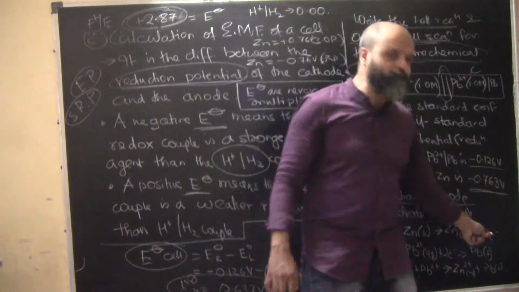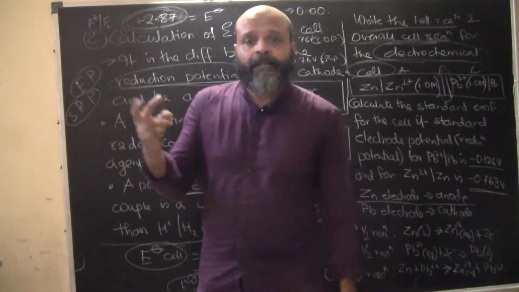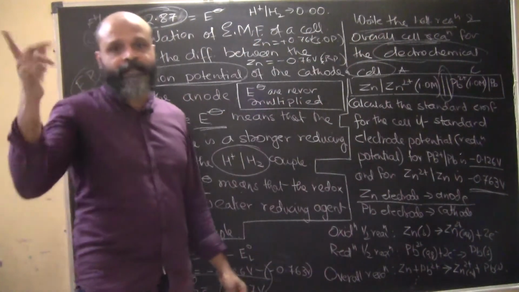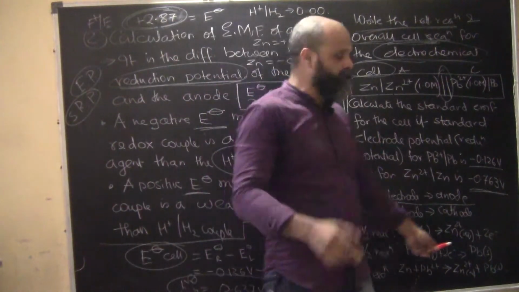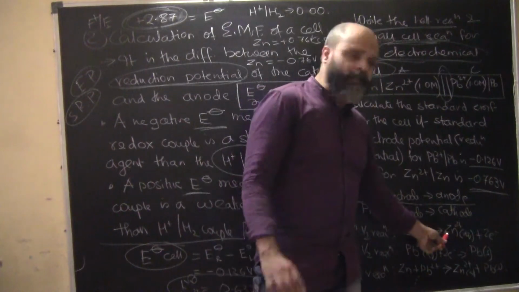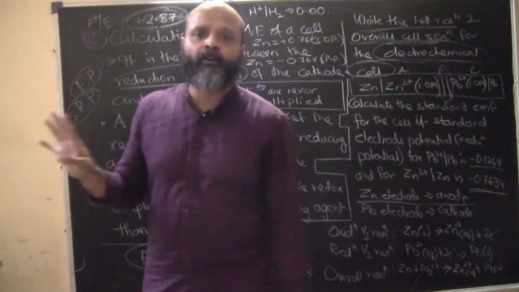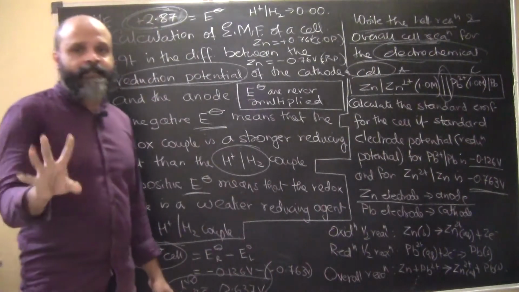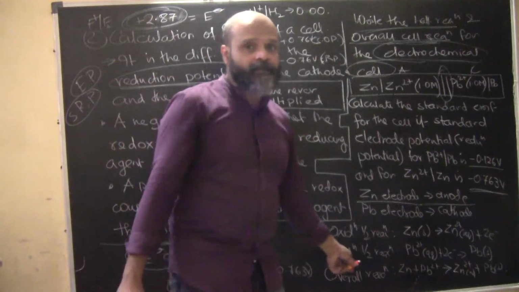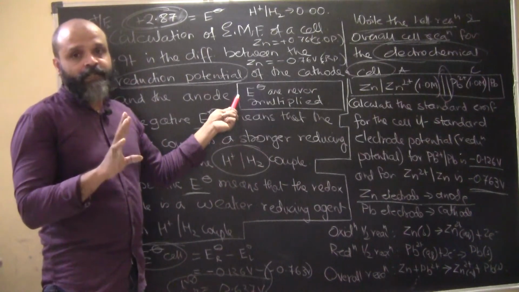So when will you multiply? Basically you will multiply when the electrons are not the same number, in order to equate their numbers. So you will multiply Zn or Pb or Pb2+, whatever. You are going to multiply all these ions by the integral multiplier, but take care that you are never multiplying the reduction potential, or the electrode potential.